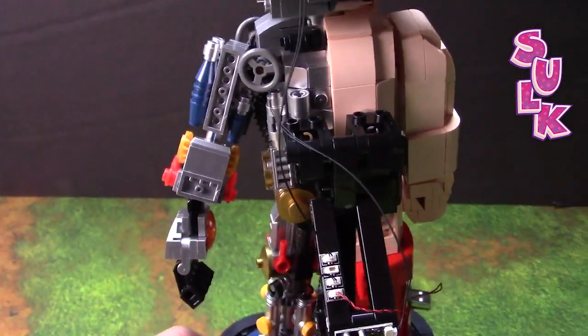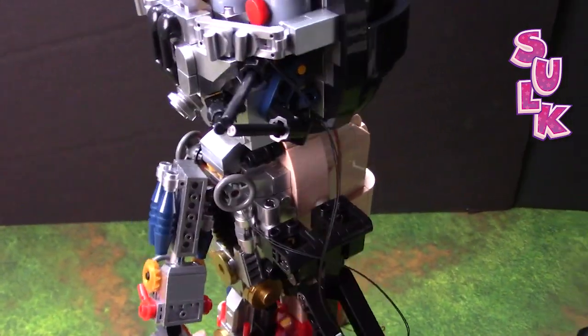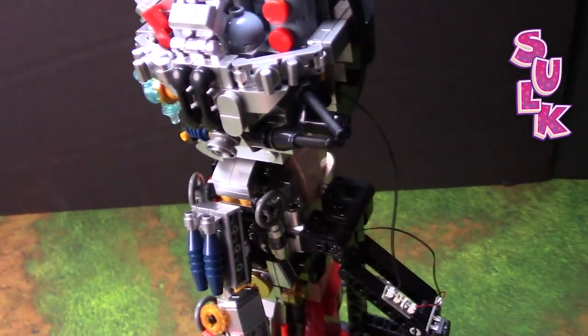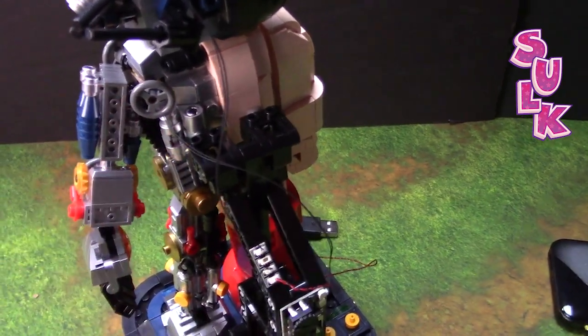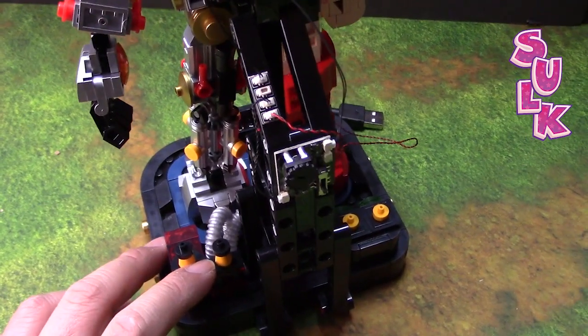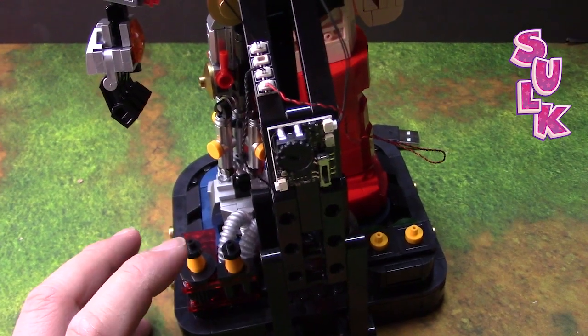Here's where the LEDs route. So it's actually pretty easy to do because the LEDs route between the eye. You lift up this little plate here and it just goes to the back. The heart one, also same thing. As long as you lift the arm up, kind of route it properly, and then just feed it through this little module here. And it actually has a switch in the back here